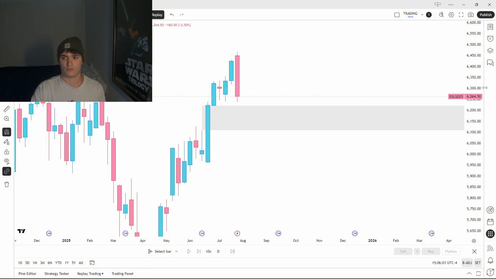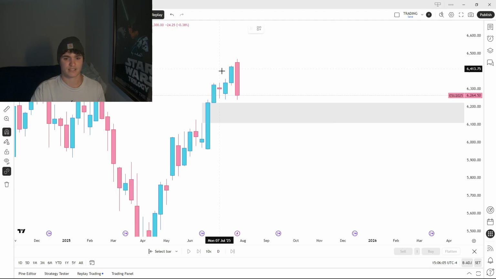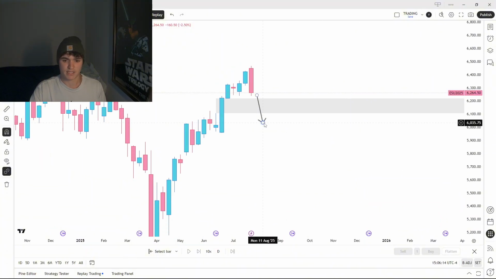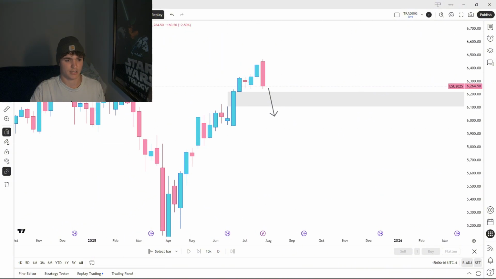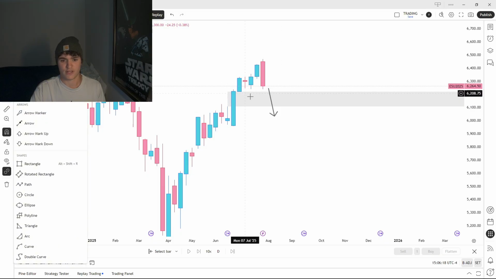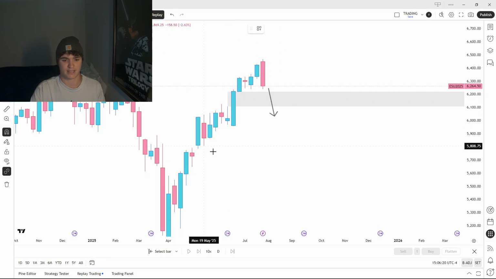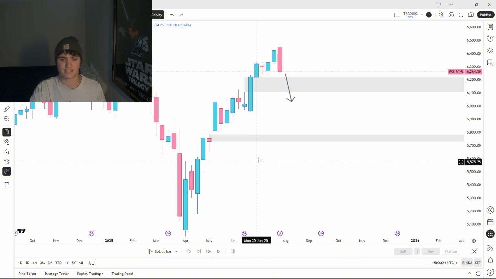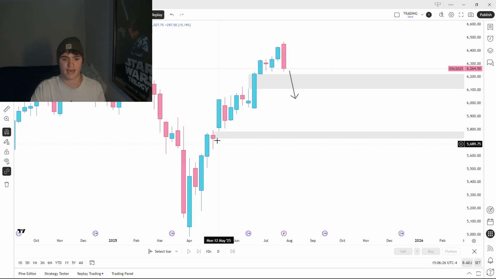There is a world where we invert this gap on high momentum and the selling continues. And at that point, I think we need to really question the validity of this rally. Because at that point, it's going to become a correction, I think. If we invert this bullish weekly gap, I think it's going to be a correction, which is like a 10% peak to trough. And the reason I say that is because we have this new week opening gap unfilled on